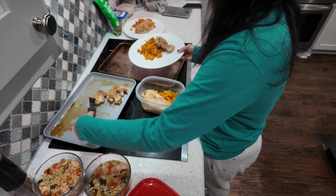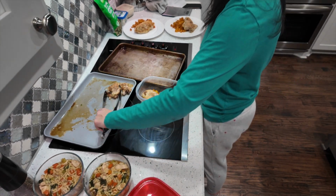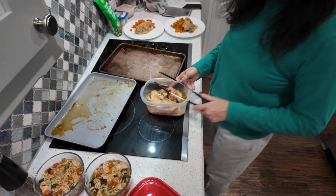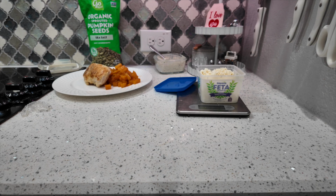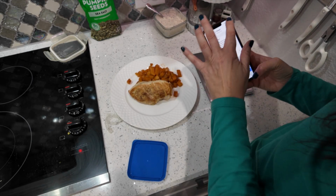So my husband's plate will be the one with the chicken thighs and mine with the breast. But it made a ton of vegetable, and I thought I would miss not having an additional side, but it really didn't bother me at all. I feel like with the sauce, it gave it enough variety. And then you do also top